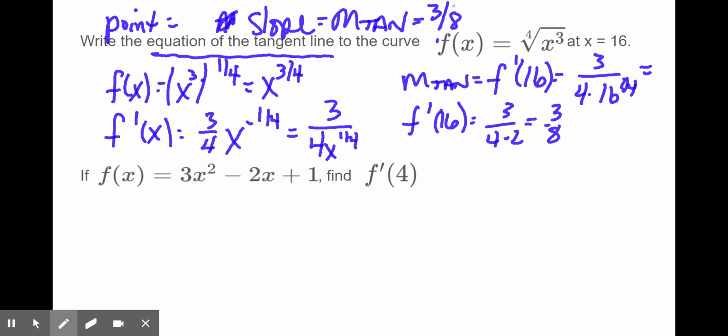Now I also need a point to work with. A point has an x and a y. Let me come over here. The x value is easy. It's 16. The question is, what's the y value? Well, I need to know the y value on the function f of x. If I have this curve, whatever it is,